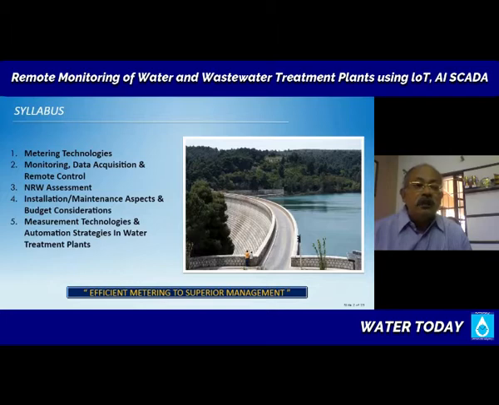And then after measuring, how do you acquire that data? How do you control from remote? Then how do you have some analytics coming off it? After measuring water everywhere for a municipal corporation or for a city, how do you determine how much non-revenue water is happening? How much is the losses? Then some considerations of installation and maintenance aspects with budget, because in our country, very important. I was speaking with a bureaucrat one time, and he was saying